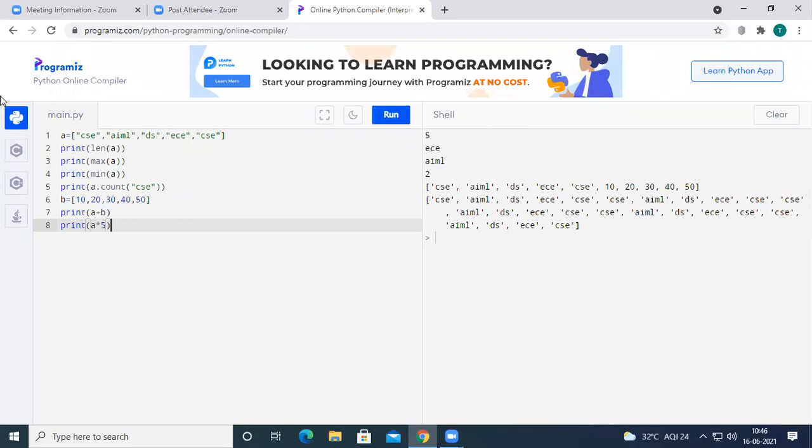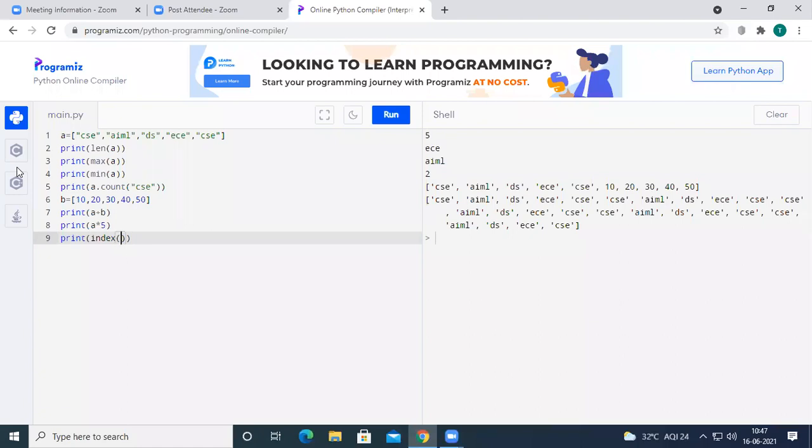Then there is one more method called the index method. The index method returns the position of the first occurrence of the given element. For example, print index.